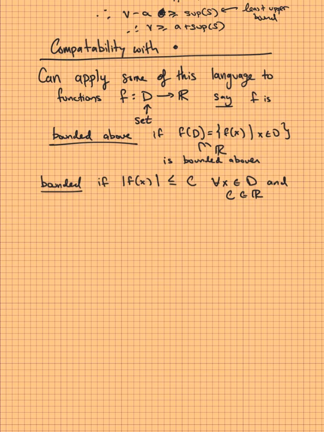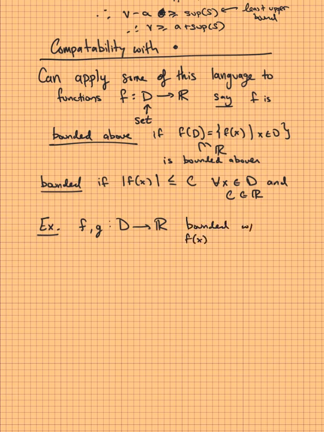I'll end with one example, which is going to be useful for us later. If we have two functions f and g from D to R, and we might have them being bounded